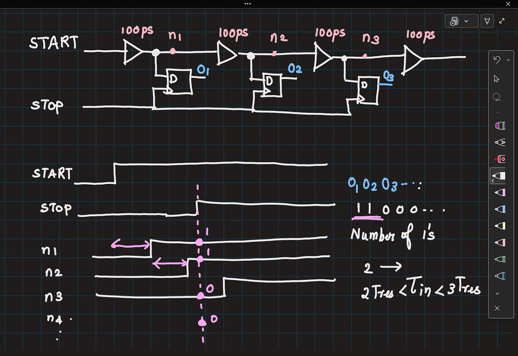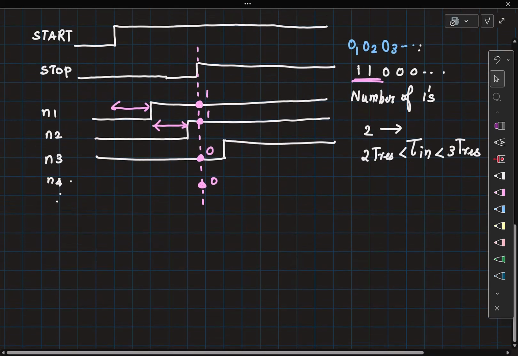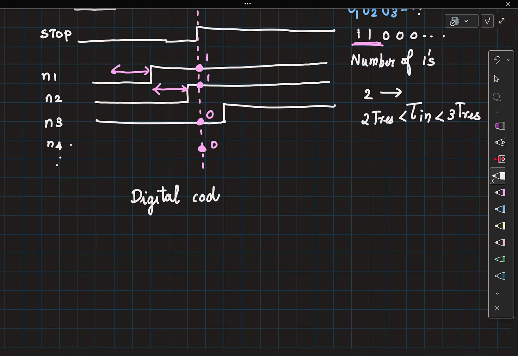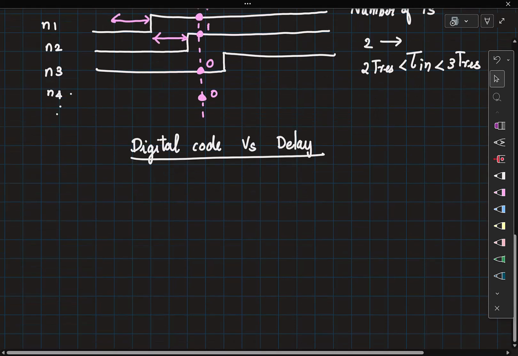Time versus digital code? Or digital code versus time, right? That makes a little bit more sense given that the independent variable can be given on the x-axis, right? So then I could do a digital code versus delay for this particular TDC, right?